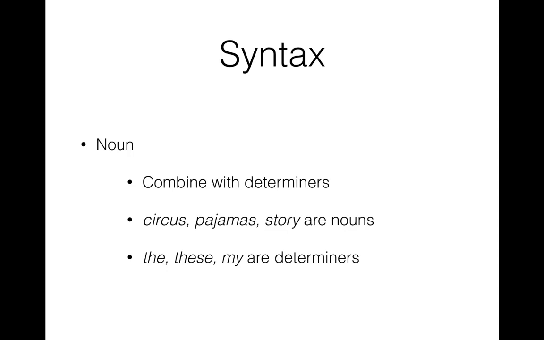So you can see that in English, it's very easy to understand what nouns are because they often combine with determiners. Why do we say that this is a syntactic way of describing what a noun is? Because now you know that a verb cannot combine with the determiner. You cannot say the go, the sleep, right? I mean, unless you use sleep as a noun, which you can. But if you're using sleep as a verb, you cannot use the determiner with the verb, right? So that is a syntactic, a linguistic way of thinking about nouns.